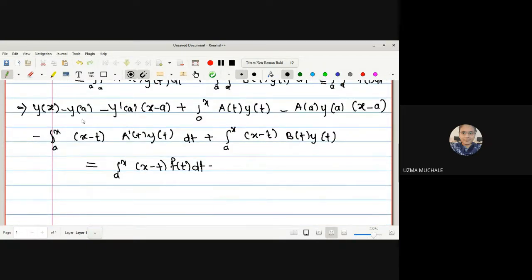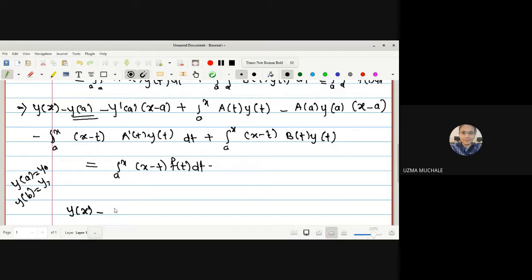Now let us use the condition for y of a. What is the value of y of a we have? Initially we are provided with y of a is y naught, and y of b is y1. So let me use that y of a is y naught, and we can use this condition for writing the